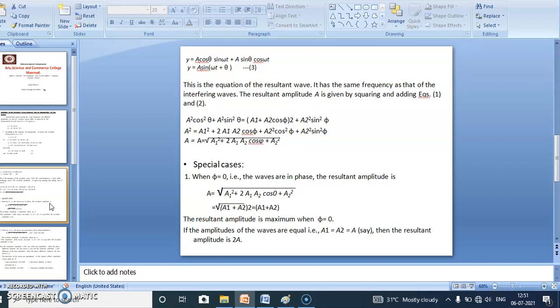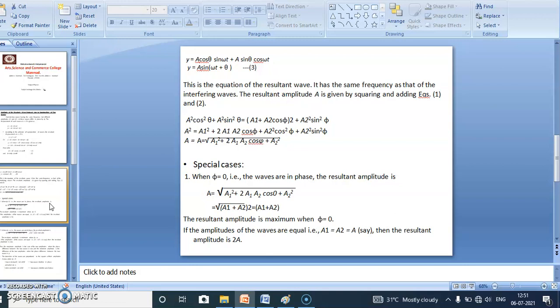So we get the resultant amplitude A squared is equal to A1 squared plus twice A1 A2 cos phi plus A2 squared. Okay, but we want the amplitude, not the amplitude squared. So take the square root of this term, and A is equal to under root A1 squared plus twice A1 A2 cos phi plus A2 squared, and that is the resultant amplitude of these waves. Okay, we will see the special cases in that equation.